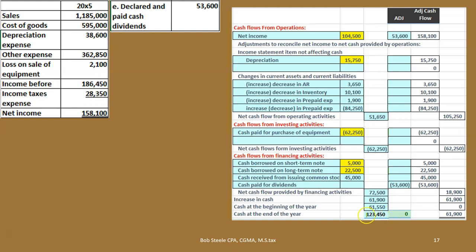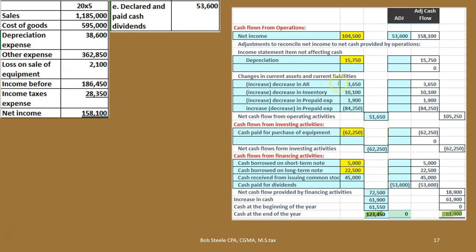Now, we know we are in balance here. What we're going to do, I'm going to do something similar to kind of like an adjusting trial balance and say, let's make an adjusting column and let's increase it similar to a debit and credit. Make sure that we increase and decrease something so that we end up with something. Notice this is just adding up this column and this column that is in balance, meaning that we still equal the change in cash 61.9. So if we go back and say, hey, net income is wrong, I know what net income is. It's this